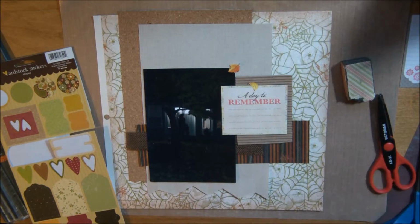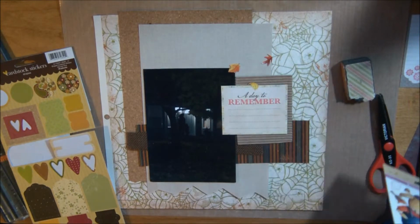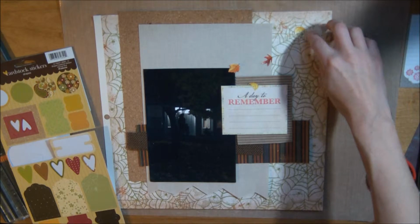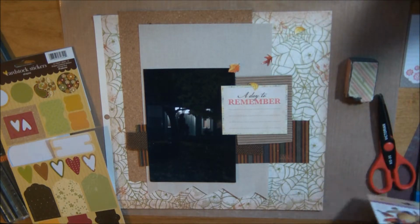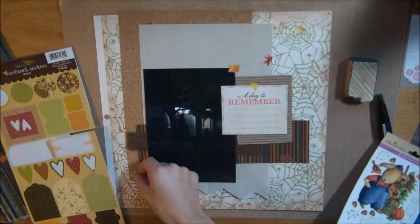The leaves, I'm just imagining leaves sweeping across the page. It was a really crisp, clear night. This porch where I got the picture of Rainey and her dad trick-or-treating, the lawn was covered. It was a huge oak tree. I wish you could see the pages a little bit better, but